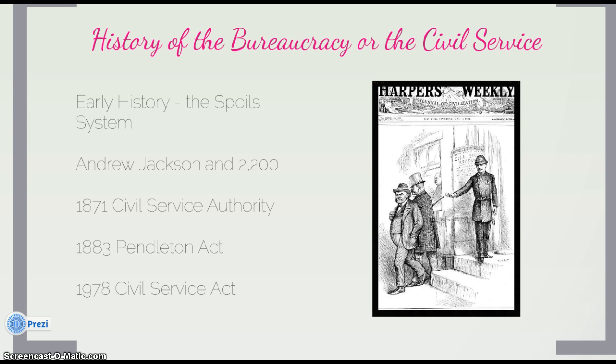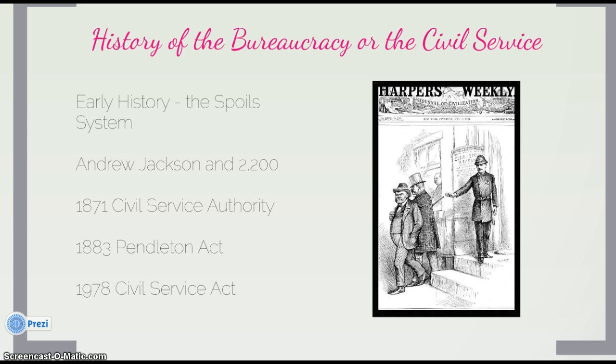So we get the early playing out of partisan politics through appointing workers to the federal bureaucracy. Andrew Jackson in 1829 replaced more than 2,200 federal bureaucrats when he took office, prompting a Jackson supporter by the name of William Marcy to say, and I quote, "To the victor belong the spoils of the enemy," end quote, which is sort of an old-time allusion to Roman practices, that when Rome conquered, they were able to take the spoils, the prizes, the goodies of victory.